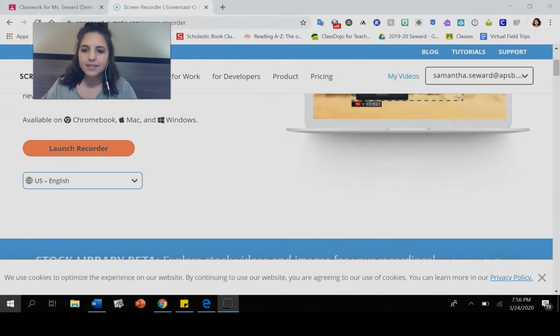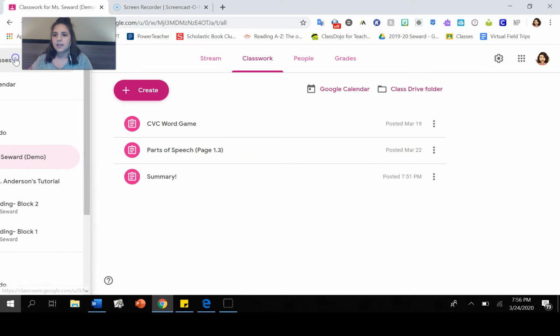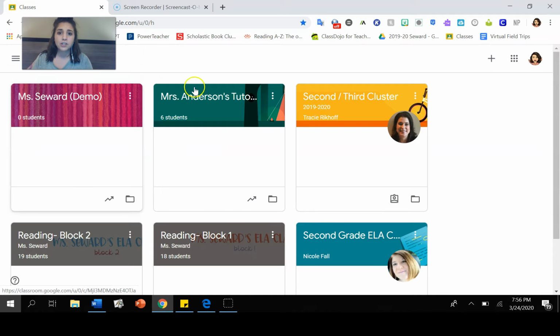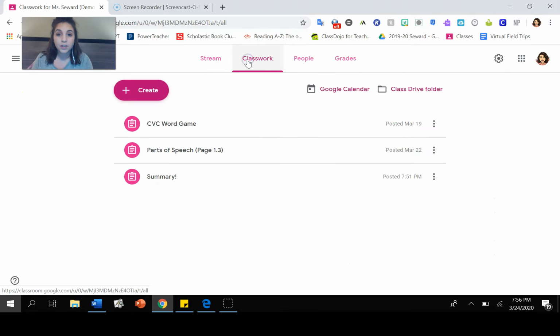I'm going to make this small, and I'm going to go all the way to the beginning of Google Classroom where it shows me all of my classes. And I'm going to go to Miss Seward Demo. You are going to click on Reading. You know that by now. Then it's under Classwork, you guys. And it's just going to say Summary.